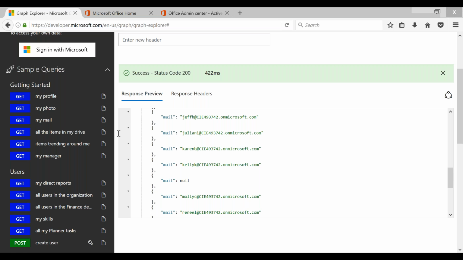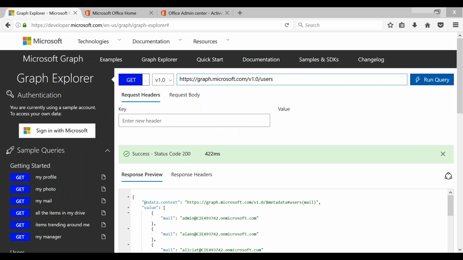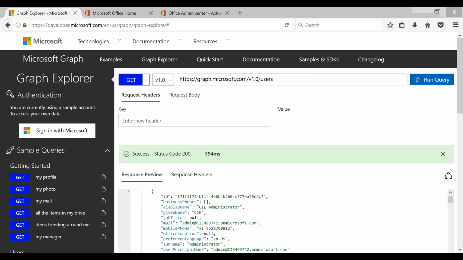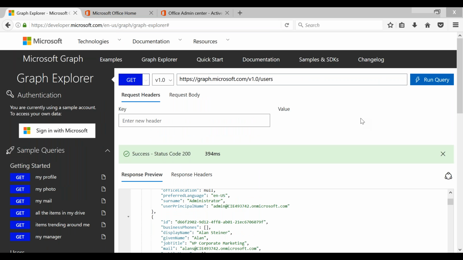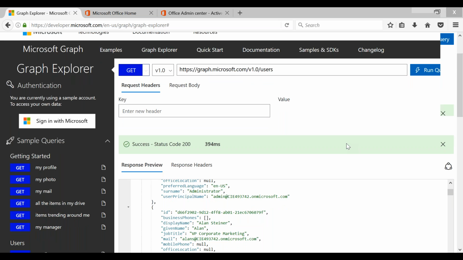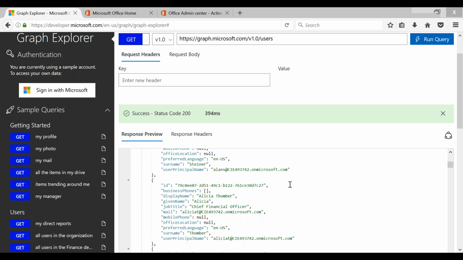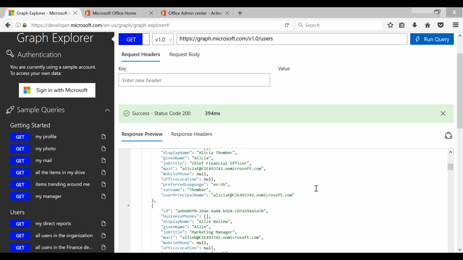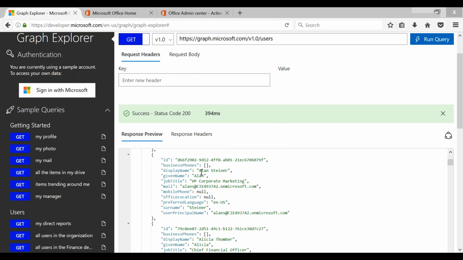So now we'll see the filter parameter. Inside these users, you want to see only one particular user. Let's say out of all these users, administrator and everyone, Alicia and Ali and everyone, you want to see only this particular user. So how can you specify that? That is the